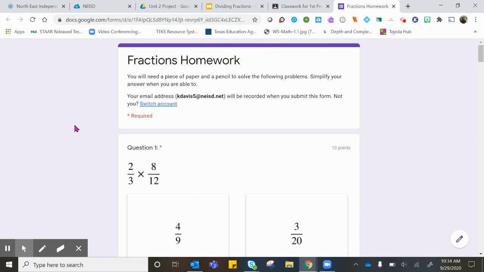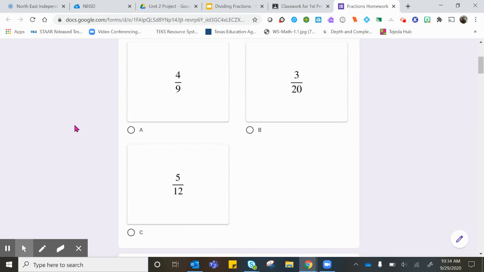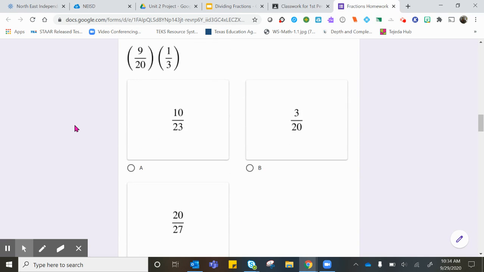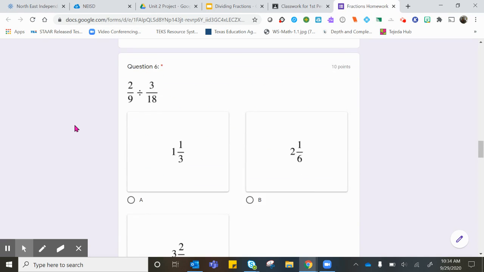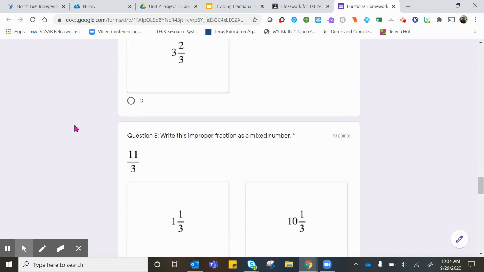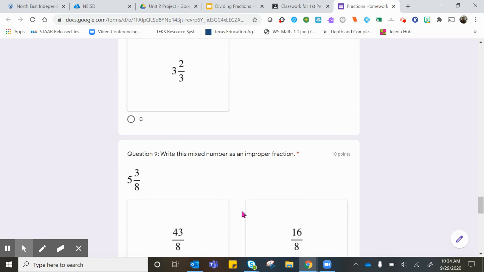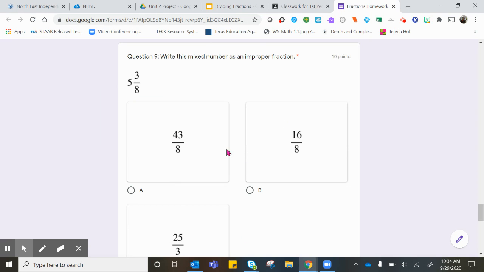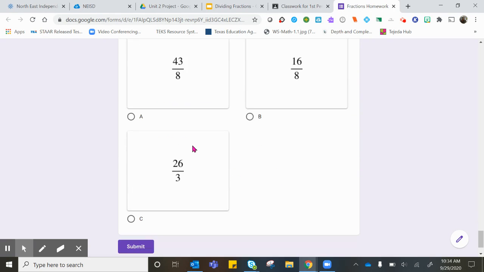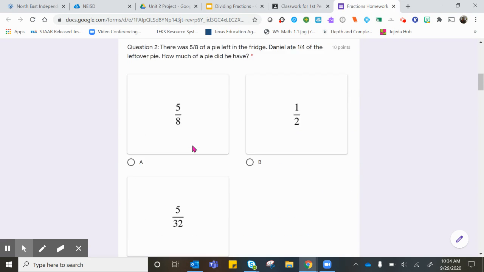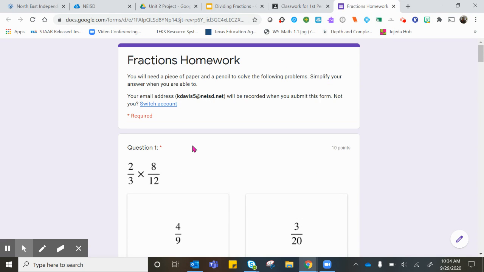Now, this is a combination of multiplication and division problems. So you'll have to figure out, am I doing multiplication or am I doing division? There are also problems about how to make an improper fraction a mixed number. How do I make a mixed number improper? Okay, so we have to know how to do all that. This is going to be due the next time we meet. Okay, so check that due date in Google